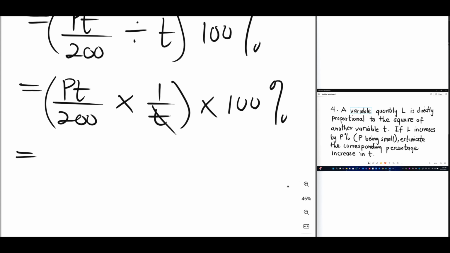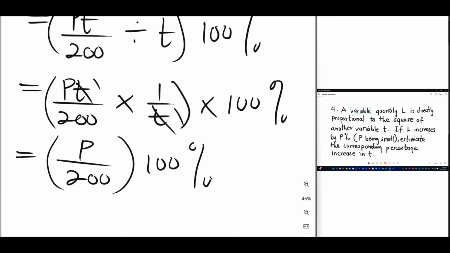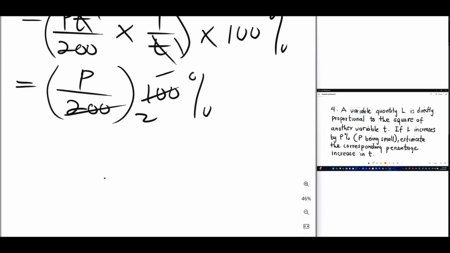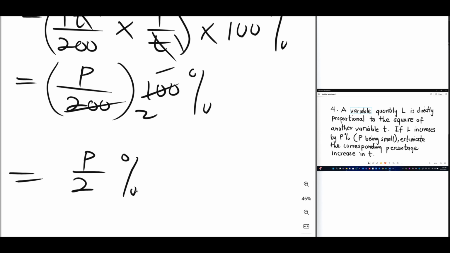So this T divides itself, 1, here 2, 1. Then we are left with P divided by 200, okay, times 100%. Okay, so here 100 divides itself 1, 100 divides 200, we are going to get 2. All right, so we are going to get it to be P divided by 2 percent,